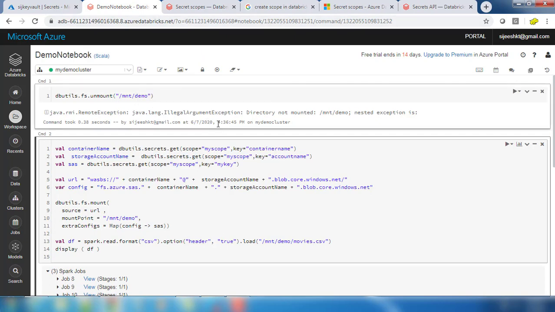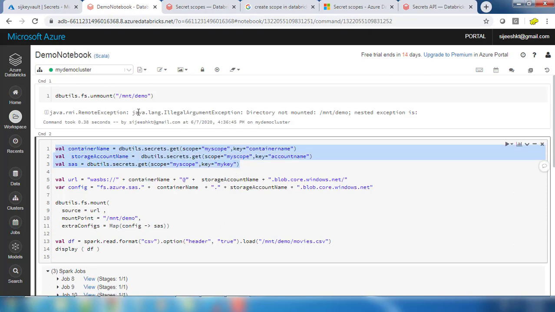You should remember the scope name and use the dbutils.secrets.get function with the scope name and the key. The scope corresponds to a key vault, and you can create multiple scopes as well. This way you can secure your code in a much better way.